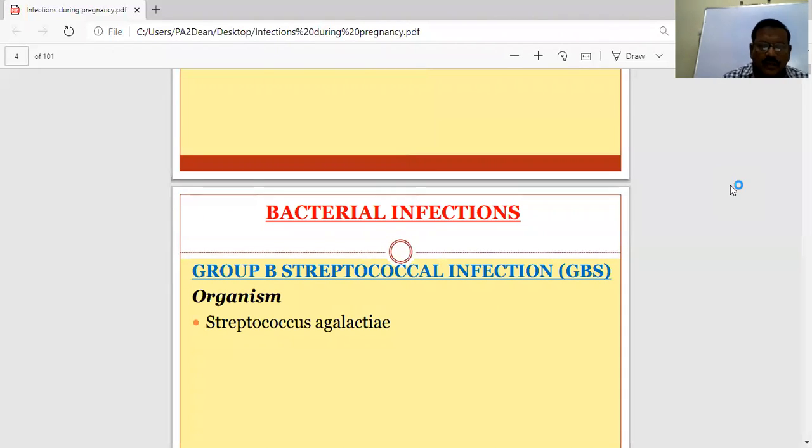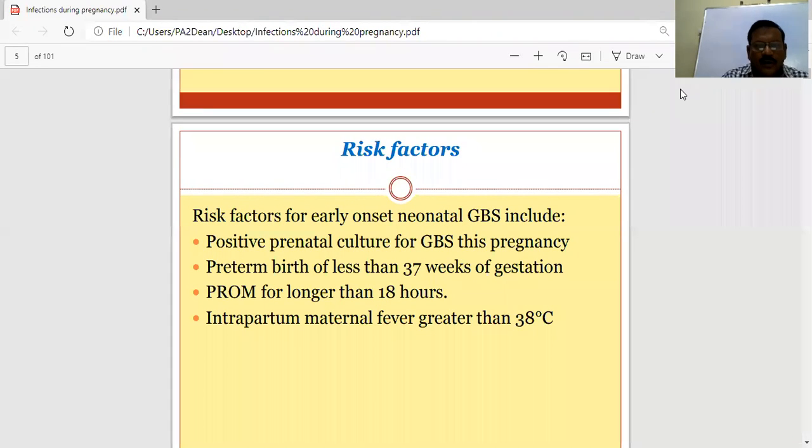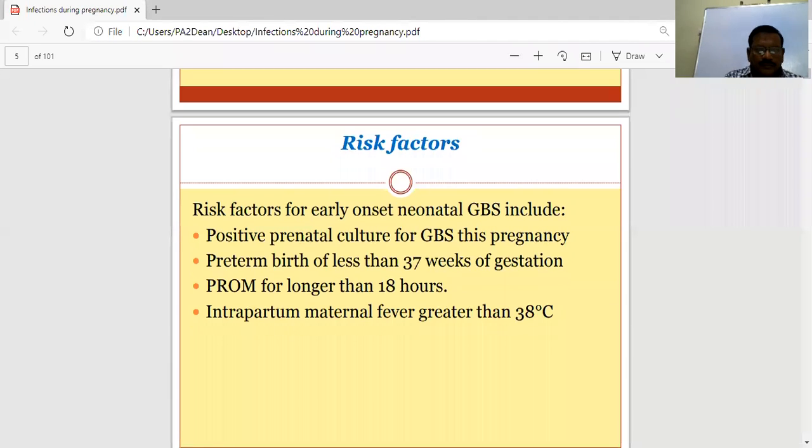Coming to the bacterial infections, group B streptococcal infection. The main organism is Streptococcus agalactiae. That's the main bacteria. Risk factors for early onset neonatal infection include positive prenatal culture for GBS in this pregnancy, and preterm birth